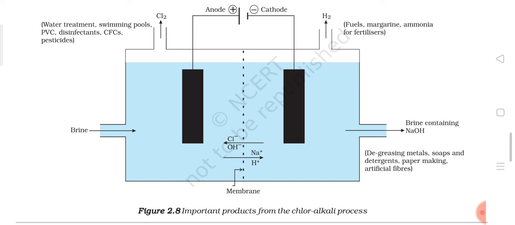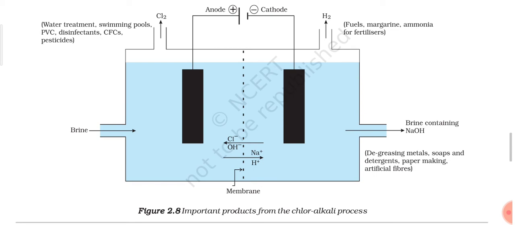Once the hydrogen ion is surrounding the cathode, what happens is that the hydrogen ion, as it is positive, is deficient of electrons, whereas the cathode, a negative electrode, has excess electrons. So the hydrogen ion will gain an electron from the cathode and convert into a hydrogen atom, and then two hydrogen atoms will combine to form a hydrogen molecule, and that is how hydrogen is released at the cathode. As you can see, H2 is released at the cathode. So this is the reason that chlorine gas is released at the anode and hydrogen gas is released at the cathode.